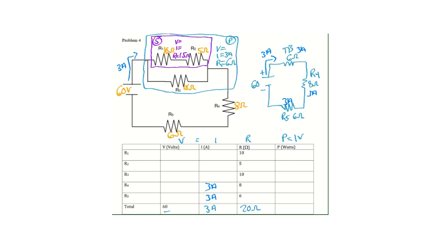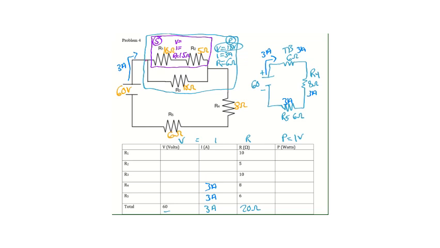The next piece of the puzzle to fall is if I know the current in this teal box and the resistance in the teal box, I can multiply them, 3 amps times 6 ohms, to get 18 volts. Because the voltage in the teal box is 18 volts, and the teal box is covering up a parallel circuit,